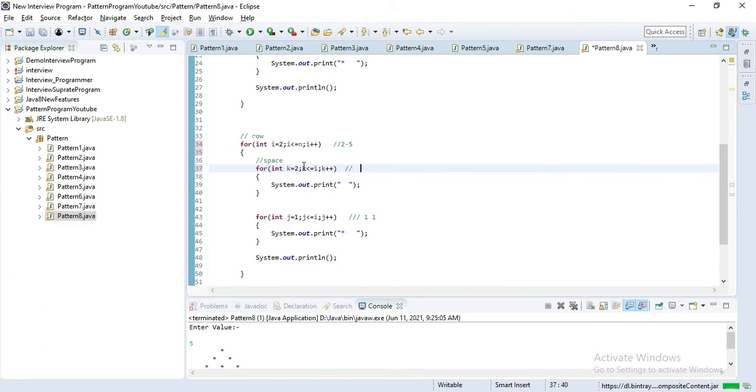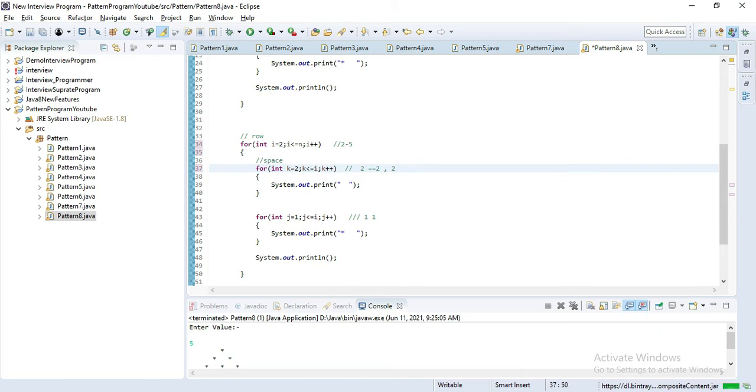This initial value is 2 and our I value is also 2 in the first iteration. 2 equal to 2 is true and it prints 1 space. Then in the second iteration the initial value is 2 and our I value is 3, meaning it checks whether 2 is less than or equal to I or not.